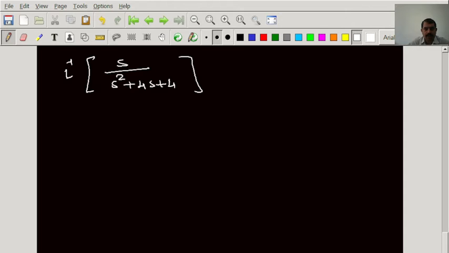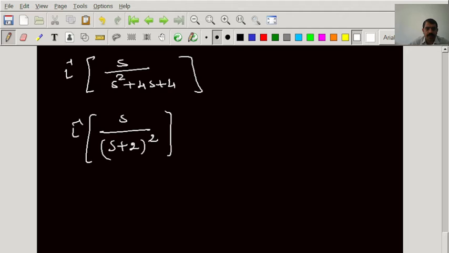Here, inverse Laplace of s by s square plus 4s plus 4. First we must check whether this can be written by completing the square. So this denominator we can write as s plus 2 whole square. Now we have s plus 2, but we do not have the formula for s by s plus 2 whole square. So what we must do, we have the property